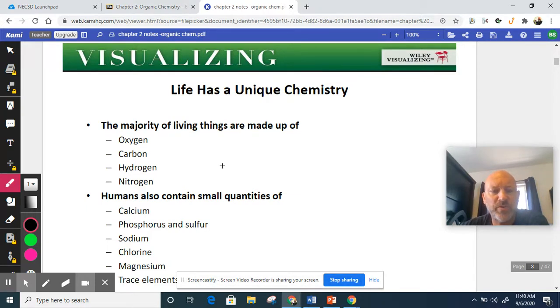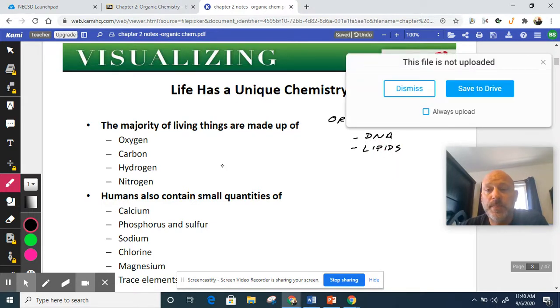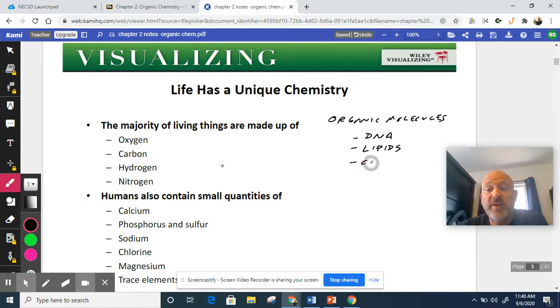These organic molecules are things like DNA. DNA is a nucleic acid. Lipids. Lipids are fats, oils, waxes, carbohydrates, proteins, things like this. And when we break each of these down,